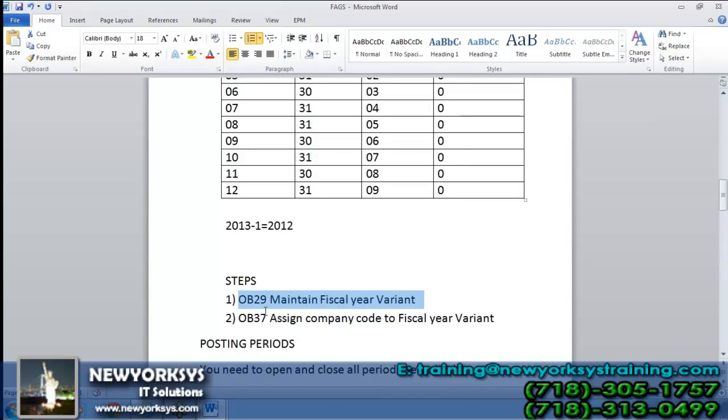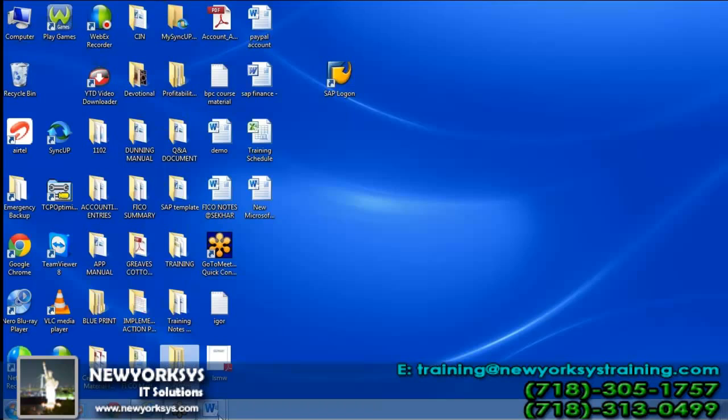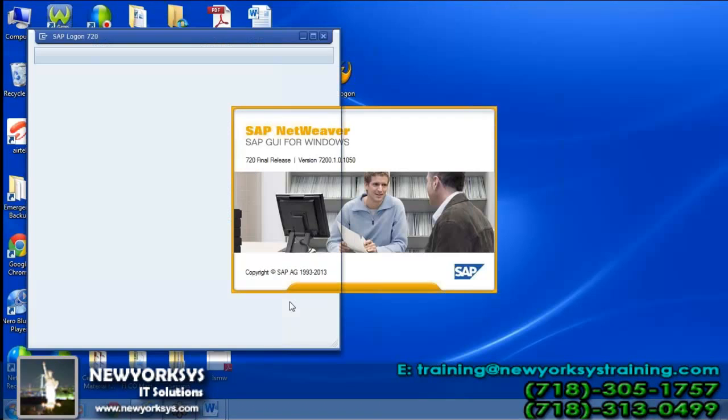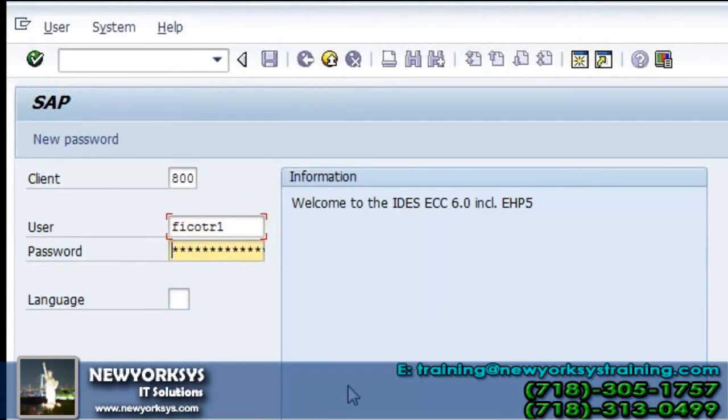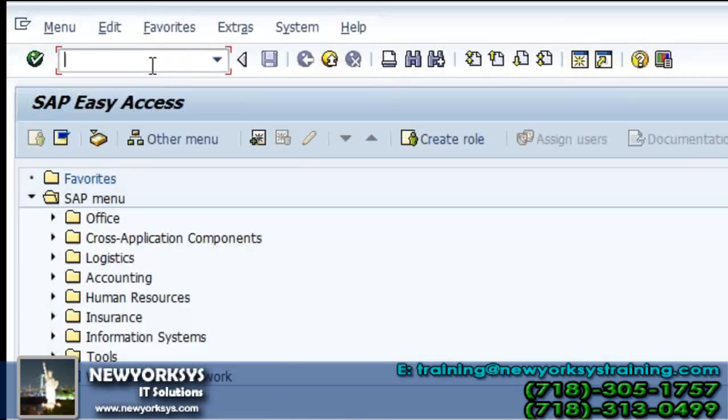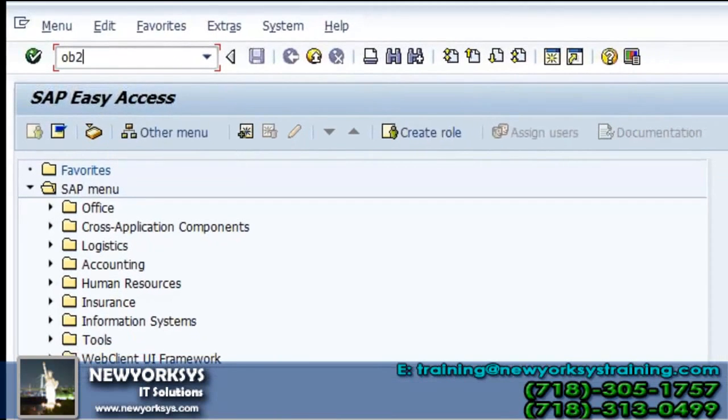First step is maintain fiscal year variant. OB29 is the transaction code.